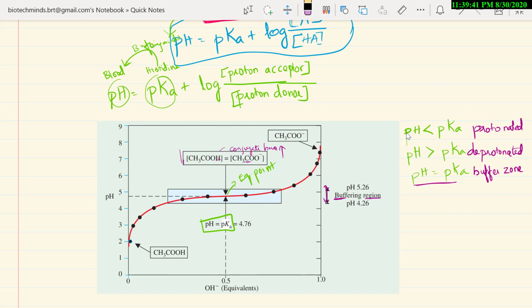Now this concentration is decreasing and this concentration is increasing. Now what will happen? pH is greater than the pKa. The numerator value is higher and the denominator value is lower, like 1 by 0.5 or so. If it is 1 by 0.5, it will become 2. Now the numerator is higher, pH is greater than pKa, and the log term will be 1, something like that.